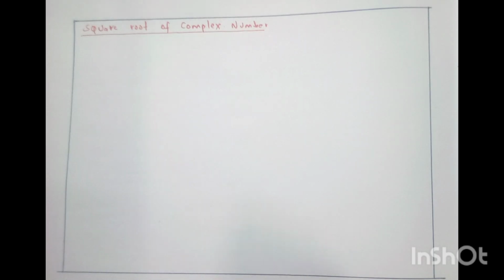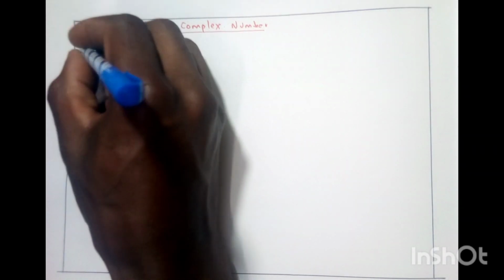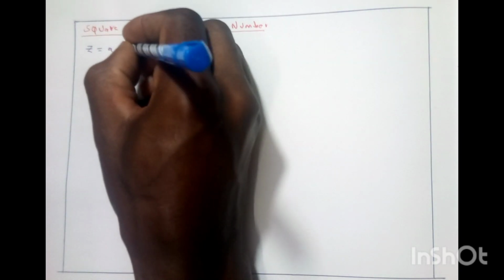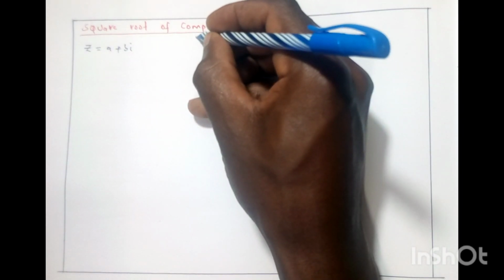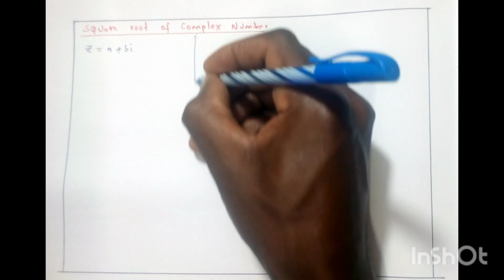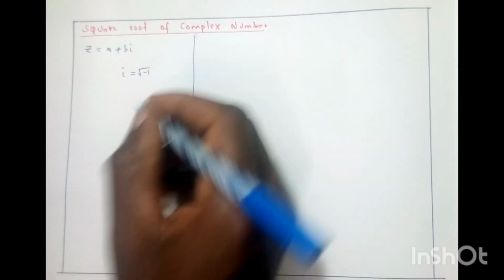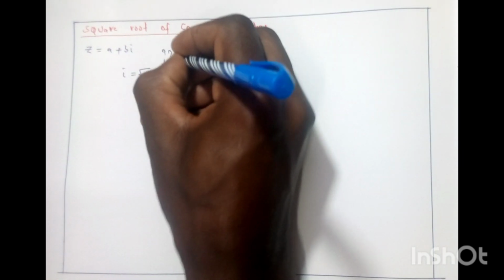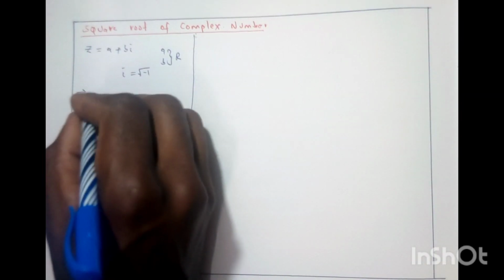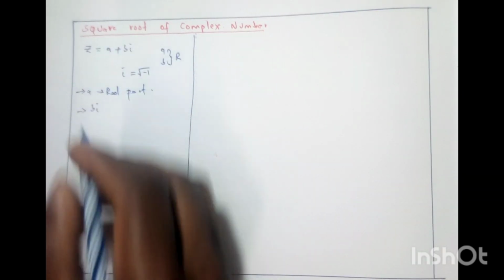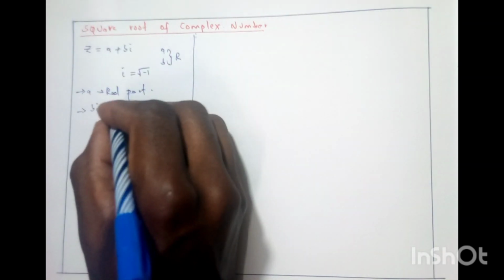So we had said that we can represent a complex number using a phasor z, and this was given in terms of a plus bi, whereby a and b are going to form a set of real numbers, whereby i is going to represent an imaginary aspect that is given as the value of the root of -1. So a and b consist of a set of real numbers. From this argument, a is going to form the real part, and